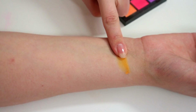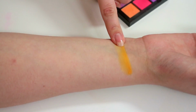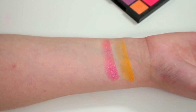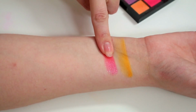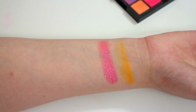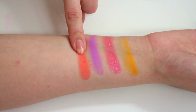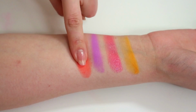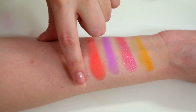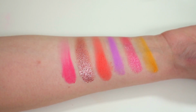We have a matte yellow first. That is one swipe. Two. Then we have a metallic sparkly pink. Second swipe. There's lots and lots of glitter in the metallics, which I really like. Matte purple. Matte orange, kind of a rose gold metallic, a coral pink matte,